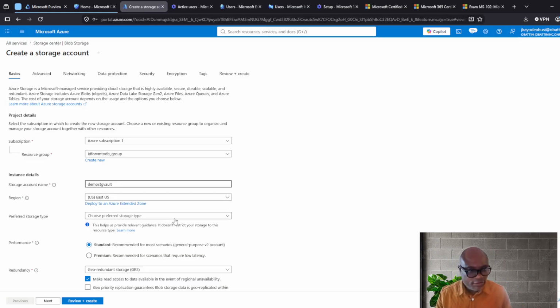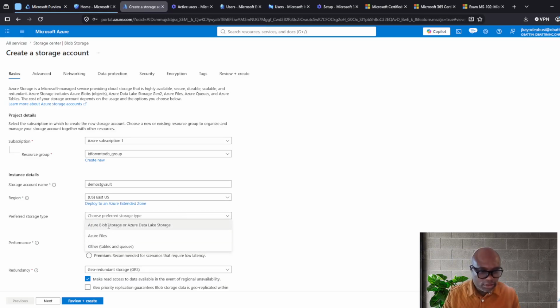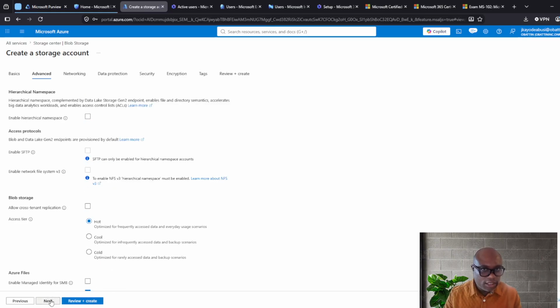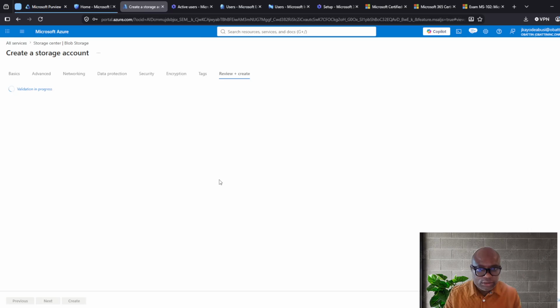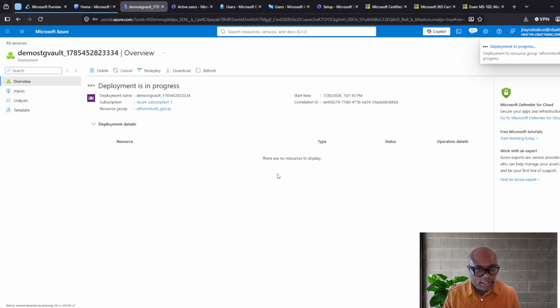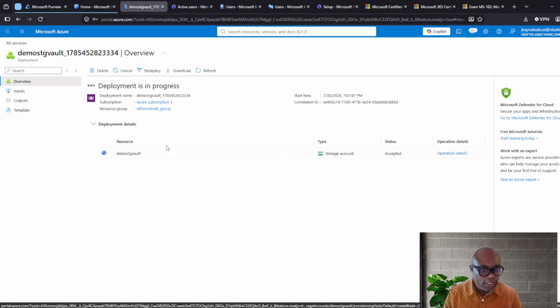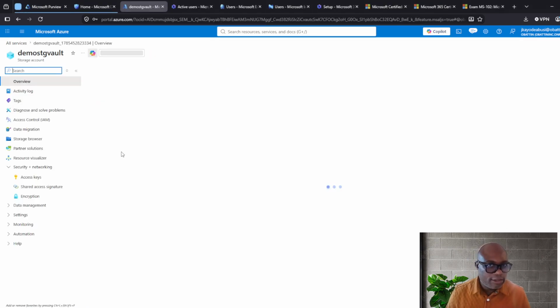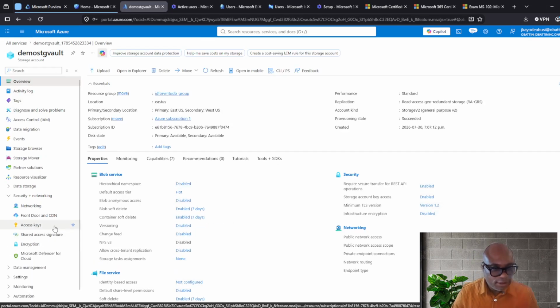And I can say preferred storage type. So let me just say maybe blob standard. I think what I have there is good. Most of the things are here. You can just go there and do review and create. Yes. So when I create that, the storage account will be created. So it's taking some time. So now we have that, the deployment is completed, and I can go to the resources. Yes. So now that I go to resources, I can go to encryption because that storage account is created,